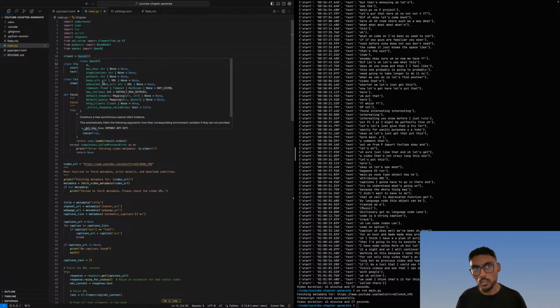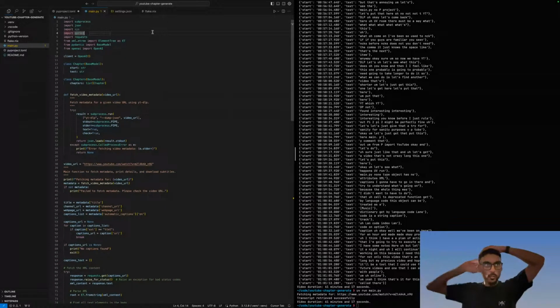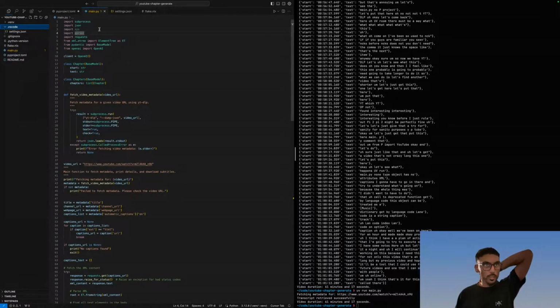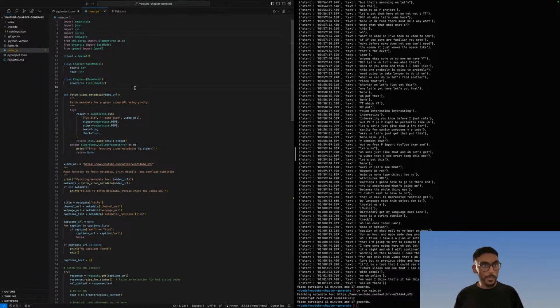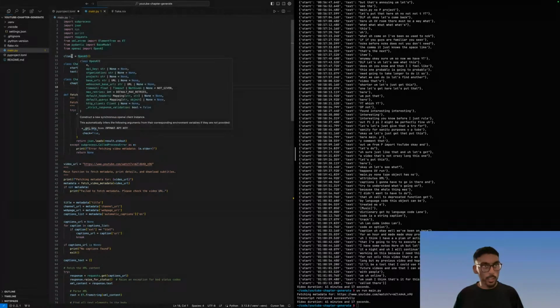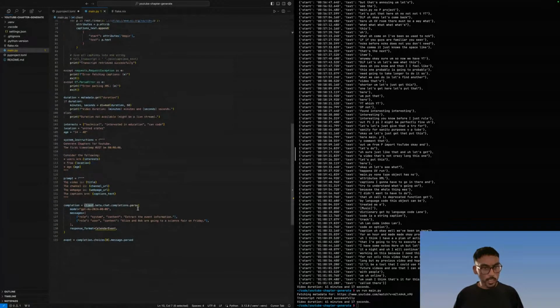This is going to be looking at my .env file, which I have purposely ignored because I don't want to accidentally click it and then leak my OpenAI keys, which I thought is really nice that you could do this on VS Code or Cursor. But yeah, I have my OpenAI API key there. So that's where it's going to pick it up from. And now we have a client, and client is going to use GPT-4o.